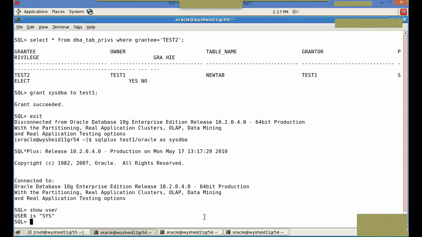Here also, even though test1 is Oracle as sysdba, he is getting connected. This is not really matching with the example which we decided. So here also,